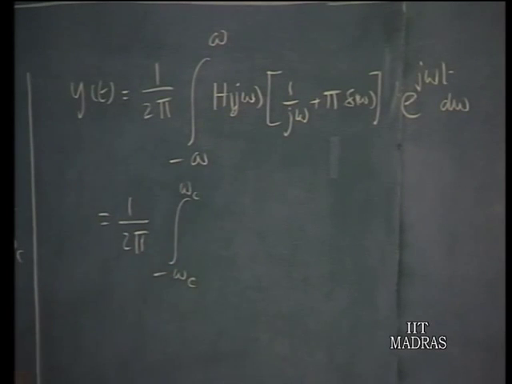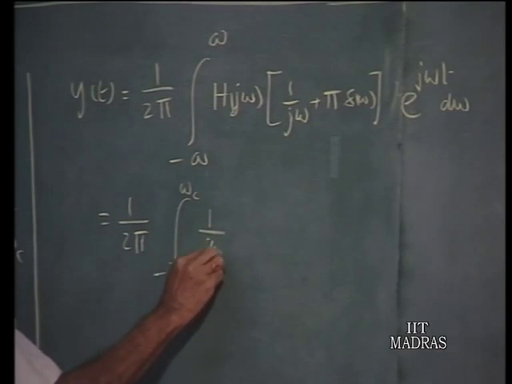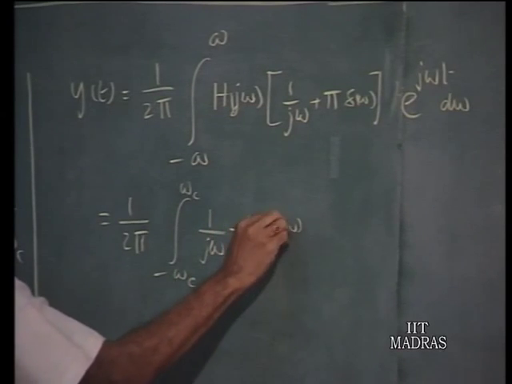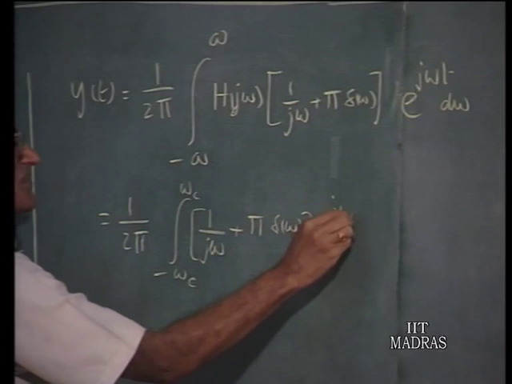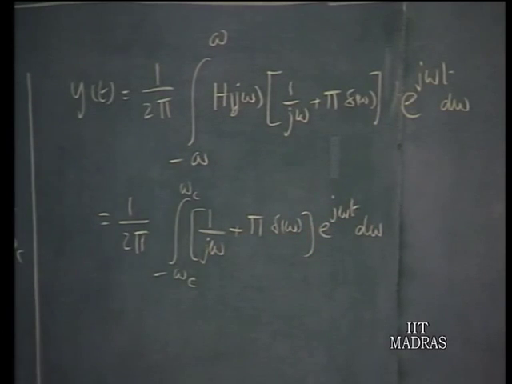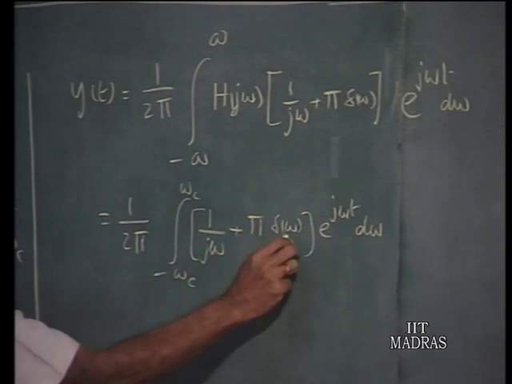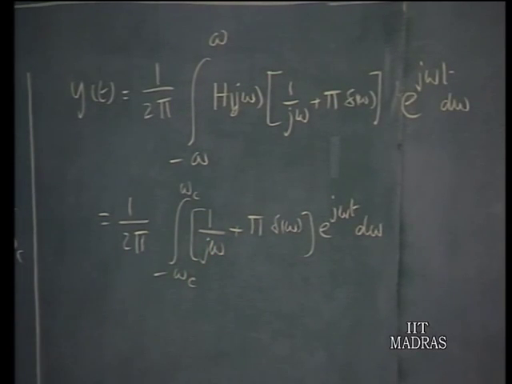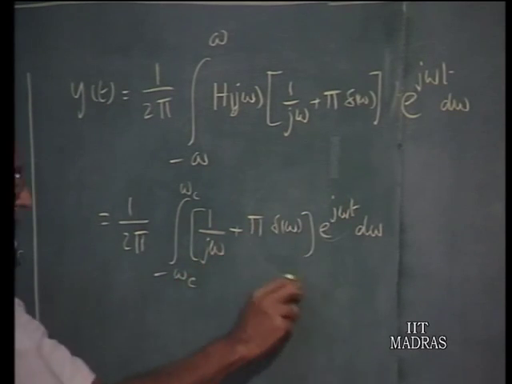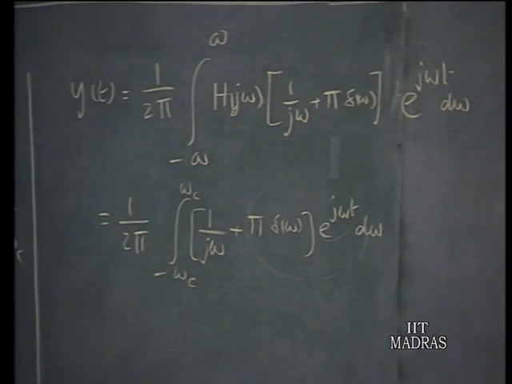Therefore, this is the integral from minus omega c to plus omega c of [1 over j omega plus pi delta(omega)] e to the power of j omega t d omega. Now, as far as the second term is concerned, pi delta(omega) multiplied by e to the power of j omega t d omega, the multiplying factor for delta(omega), we can substitute omega equals 0 in that. Therefore, this becomes 1, and we are integrating a delta(omega) over the range which covers omega equals 0. Therefore, that results in pi. That means the result of this portion of the integration will be pi, and that pi multiplied by 1 over 2 pi will become half,